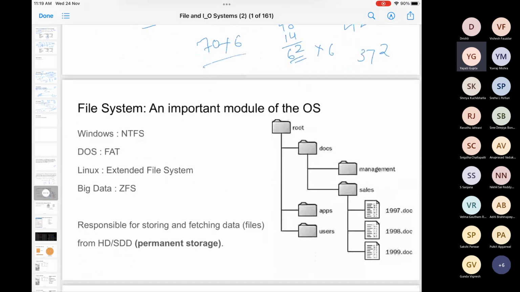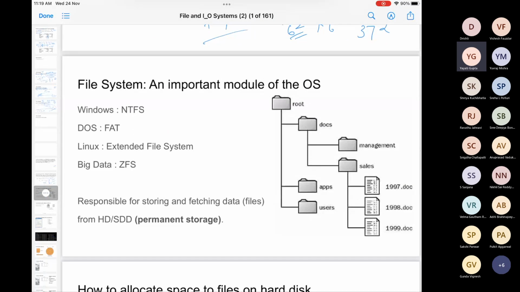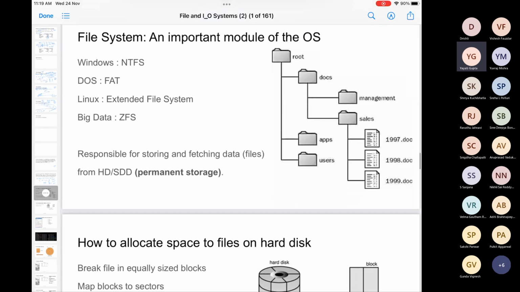So enough about the disk. Let's talk about the file system now. The file system in your operating system is that part which is responsible for deciding how your files will be stored on the hard disk. Right? So you have a file which can be 2 gigabytes, and then there is some space on your hard disk sitting in some sectors in some tracks. So you have to decide where exactly this file will go and sit on your hard disk. So how do we do that?